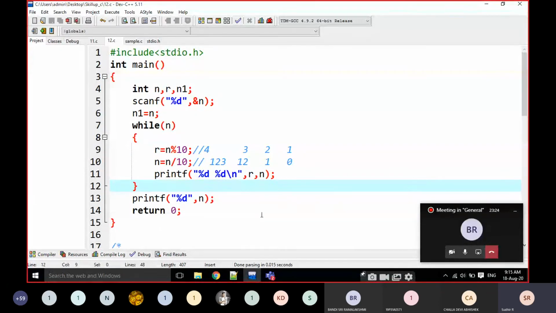Everyone note down this program and write down the output. If the input is 1 2 3 4, you also have to write what the output is. Okay, note down everyone.